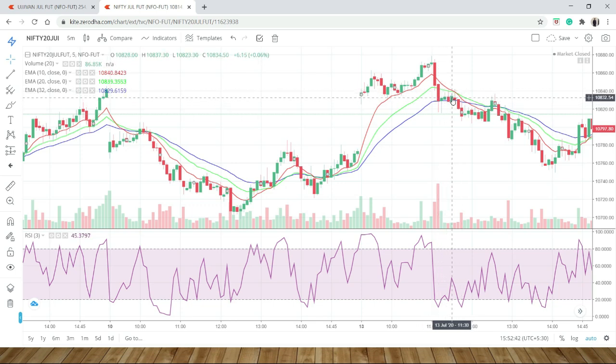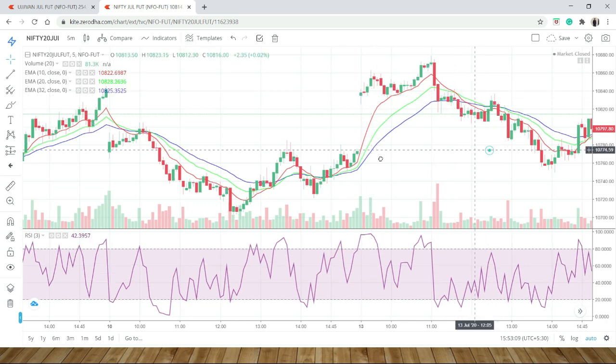we have a 10-20 point profit, but from this place the averages crossover each other. That means I have to exit from this setup at this place, whether it is in an oversold zone or not, because when the moving averages are crossing each other, then we have to exit. So this is where I exited with a minor loss, or let's say minor profit.